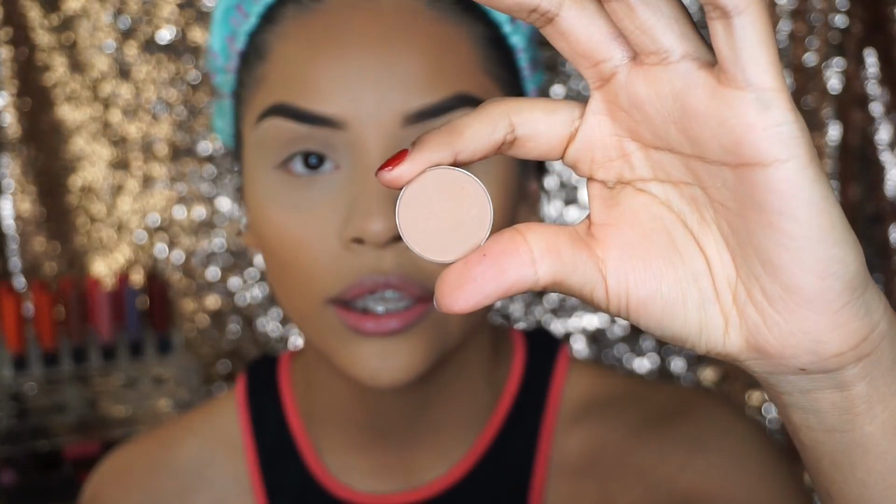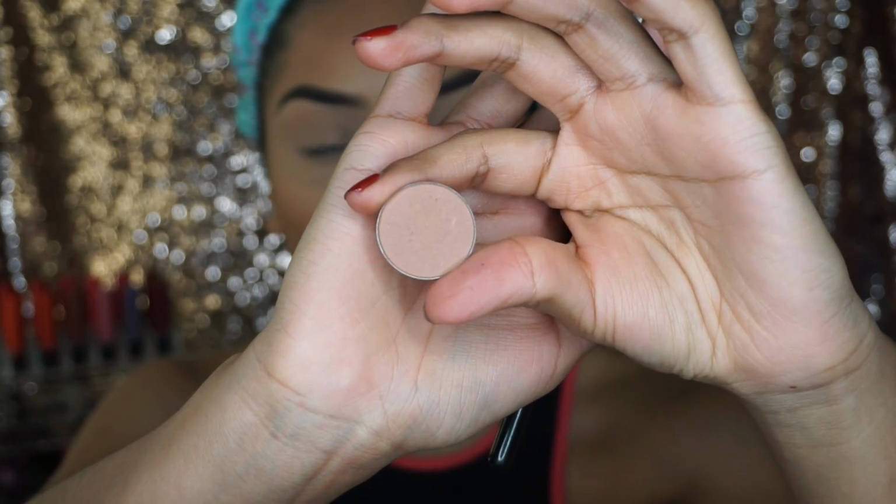Now that I have my eyebrows done, I'm going to start on my eyeshadow, and today's eyeshadow I'm actually going to be using Anastasia eyeshadows, and I like Anastasia eyeshadows because they're very, very pigmented and they're super easy to blend out. First shade I'm going to go in is with Birkin. It's this eyeshadow right here. It's a very nudie color, perfect for the transition color,